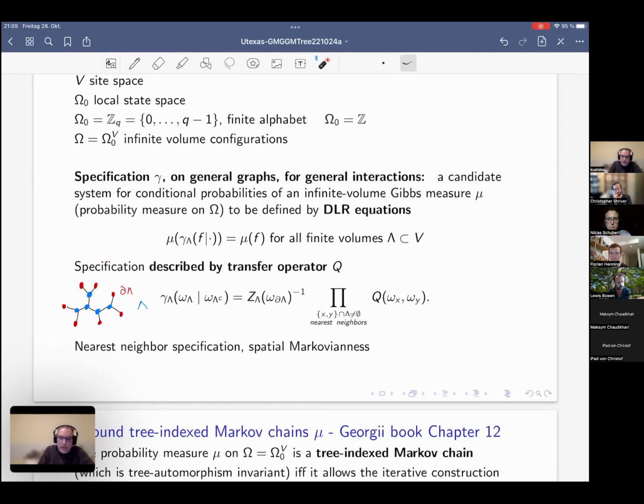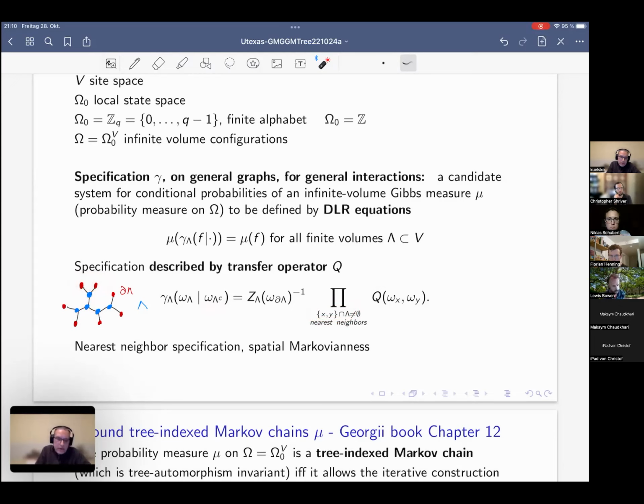Yes. And so the configuration omega lambda, a height configuration, let's say of integers here, enters via these weights q omega x omega y, which give you a weight which sort of couples the omega x and the omega y. And so first you have the edges here, which are in the interior of the lambda, but you have also edges which couple you to the outside. And the outside, these on the red dots, this thing here, you freeze the boundary condition, and so you get